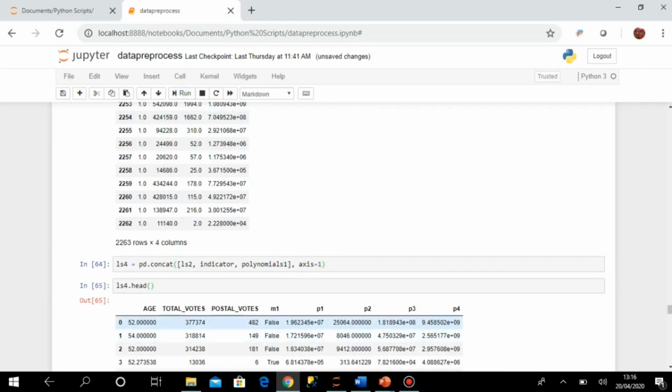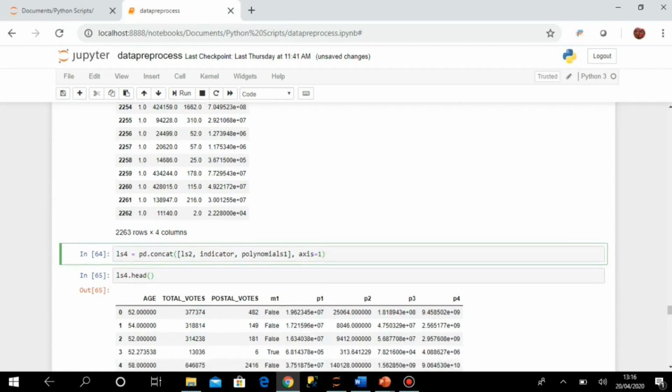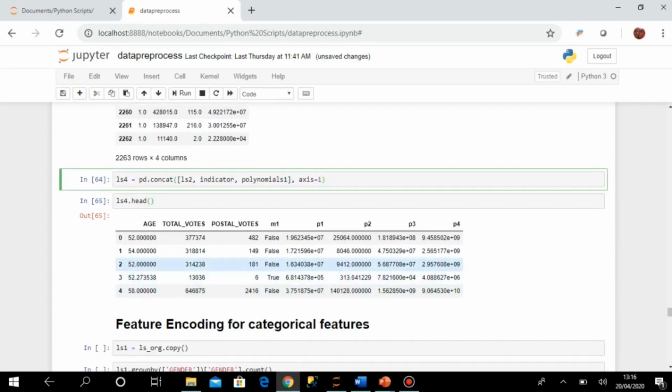Now you can see ls2 means it was age, total votes and postal votes. Then in indicator we had only one column M1, and in polynomials 1 we have 4 columns. If you are generating different data frames for different purposes, then as and when required you can just concatenate them and process further. So that is how we have used the polynomial features.